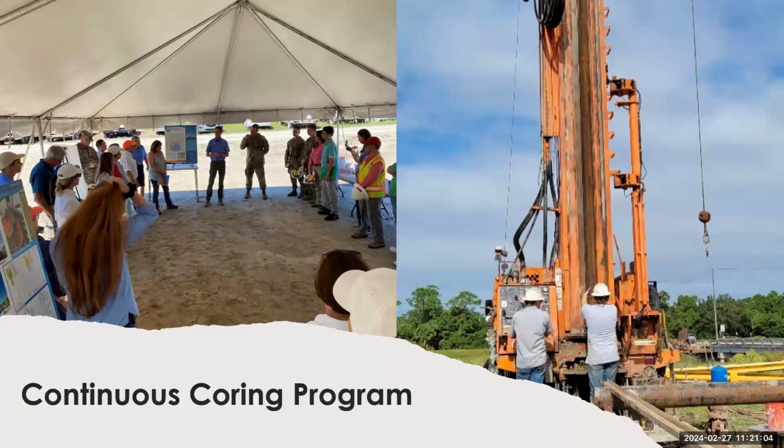Once we finish the assessment work, the next step is to go out and actually physically examine these sites. So the district developed a continuous core program where they, being us, advanced 5 continuous cores, and actually we've completed 4 of them, and the 5th one will be scheduled sometime in the future. But what I'm showing you on this picture is not only the continuous core rig, but one of the things we do, because we have so many stakeholders, is periodically there'll be a VIP meeting at the site where we bring Corps of Engineers, South Florida Water Management District, county commissioners, whoever else needs to be updated on the progress